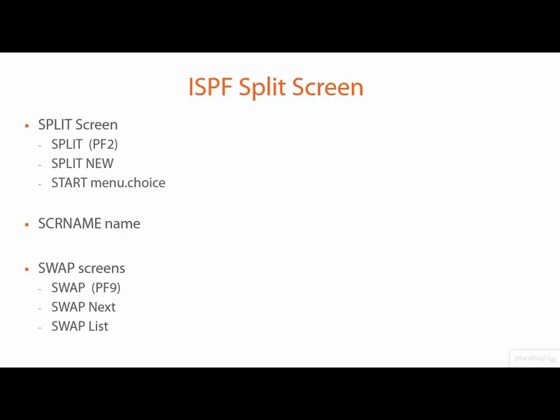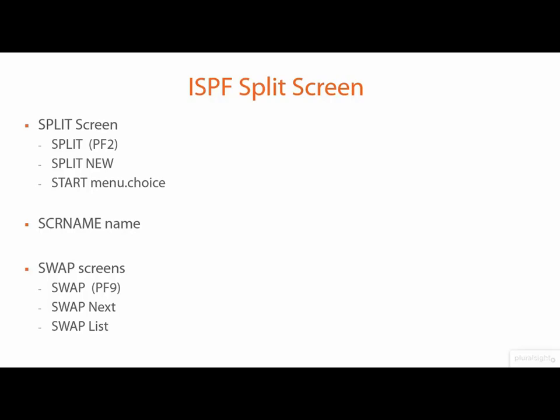So we can use the PF9 to swap between our various sessions. We can use the swap next command to simply move through them in order. And we can use a swap list to identify all of the different screens that we have open so we can select the one that we would like to see. The screen name is an option that we have that allows us to name a specific screen. So that way we can select that directly if we want to go to that particular screen. So these are some of the options that we have available then in order to maintain multiple sessions